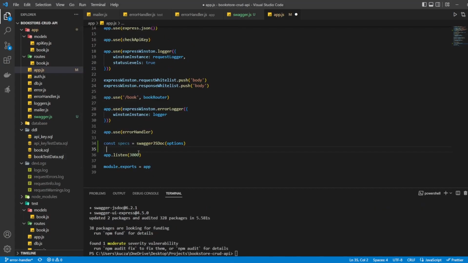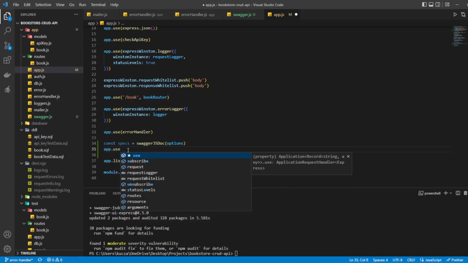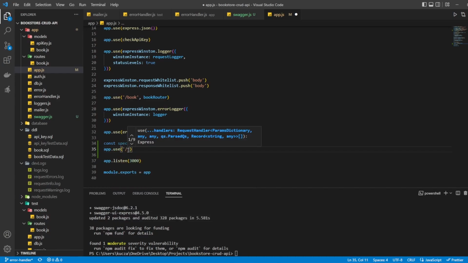So now what we need to do here is we need to use our specs that we have defined. So basically we define a middleware function. We say app.use, and then after app.use, we say /api-docs. So this is essentially the part of the URL where the Swagger application will be. And then you say swagger